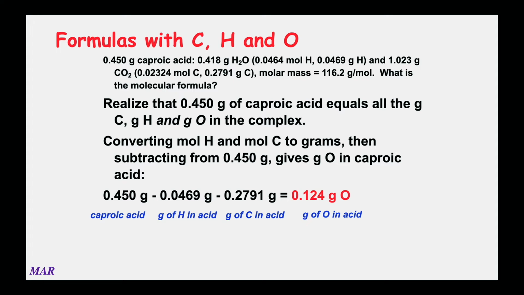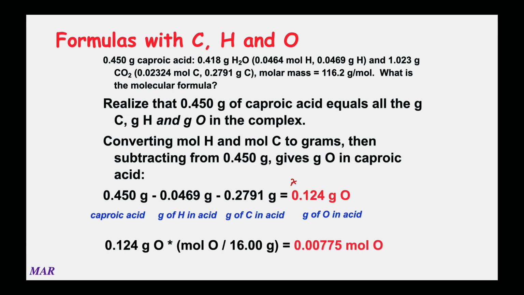It has nothing to do with the O2 that was used to burn the sample. And that's the only way that I know of, well, unless you want to get into complicated mass percentages, which I don't recommend, that's the best way to figure out the grams of oxygen in this crazy thing. All right, it's the difference of masses. And you can turn the 0.124 grams of oxygen into moles. Mole of oxygen about 16 grams,